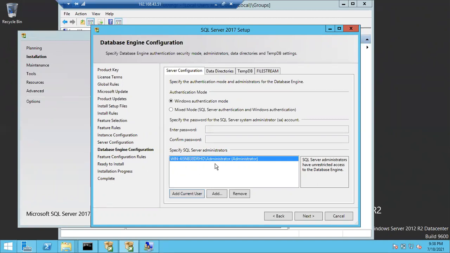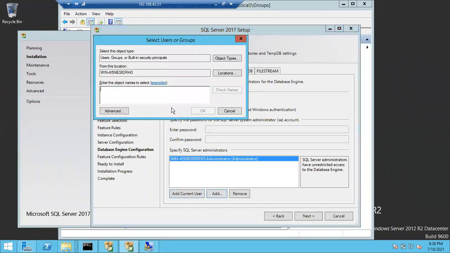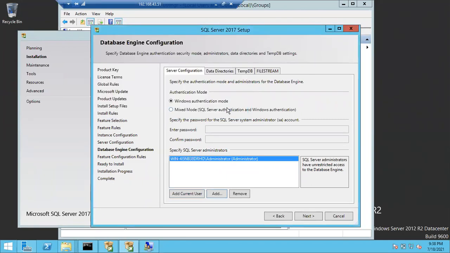You can add the persons here. In the organization, we are going to add the whole SQL DBA team here. Why? Because you are not the only one using the SQL Server. In your shift, you will install the SQL Server. Imagine only you can connect to the SQL Server and other DBAs can't. It is a big issue, right? So I am going to add the whole DBA team. As of now, there is no team. Later, I'll create a DBA team, then I'll add the whole DBA team so that every DBA can connect to the SQL Server.